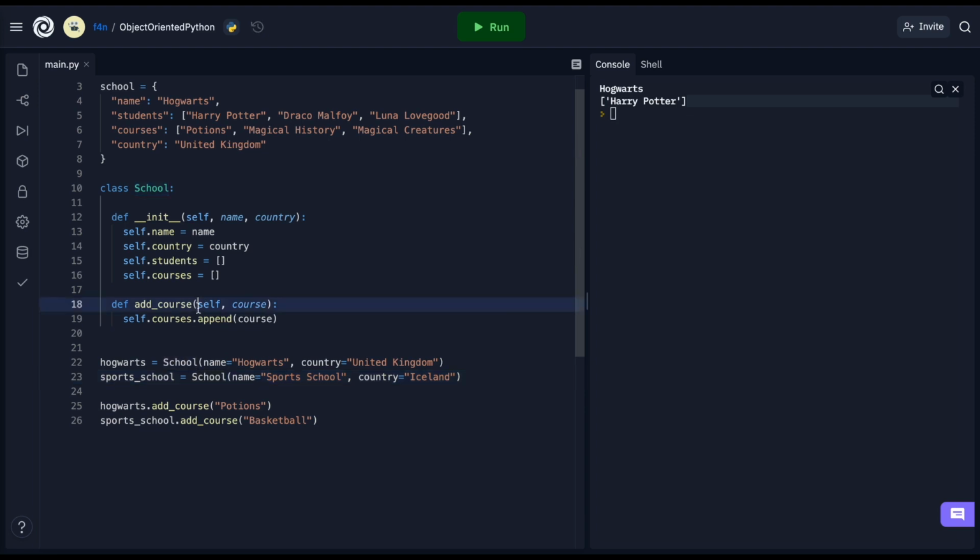What's happening is, first of all, you can see that we're missing this self argument here. Even when we do our init, there's nothing where we're saying self equals 1 or whatever. That's because self is actually referring to the instance itself, or the object itself. So here, this add course with this self, when we say Hogwarts.add course, we're saying Hogwarts being self, add course to the object that's calling it. And with sports school, we're saying, okay, for sports school being self, add course basketball